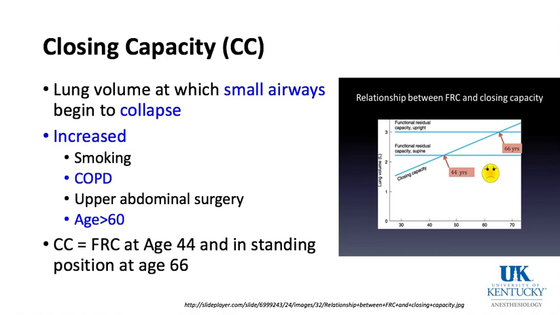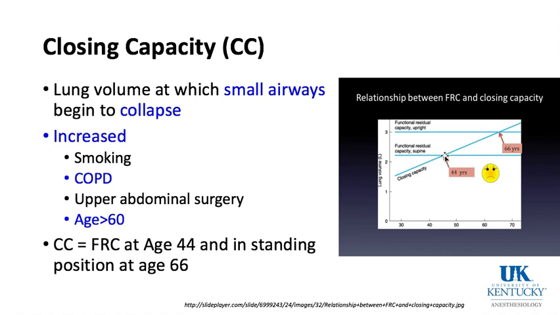The next key word is closing capacity, and we're going to talk about that before obesity and aging, because closing capacity has changed in aging. Closing capacity is the lung volume at which the small airways begin to collapse. If you look at the graphic on the far right, which has y-axis being lung volume and x-axis being age, you can see that the closing capacity is increasing with age, and at age 44, in the supine position,